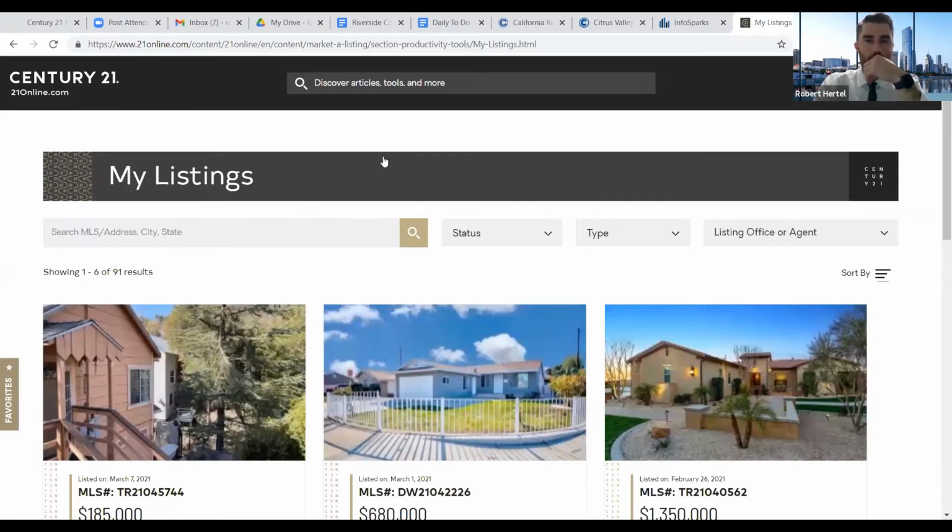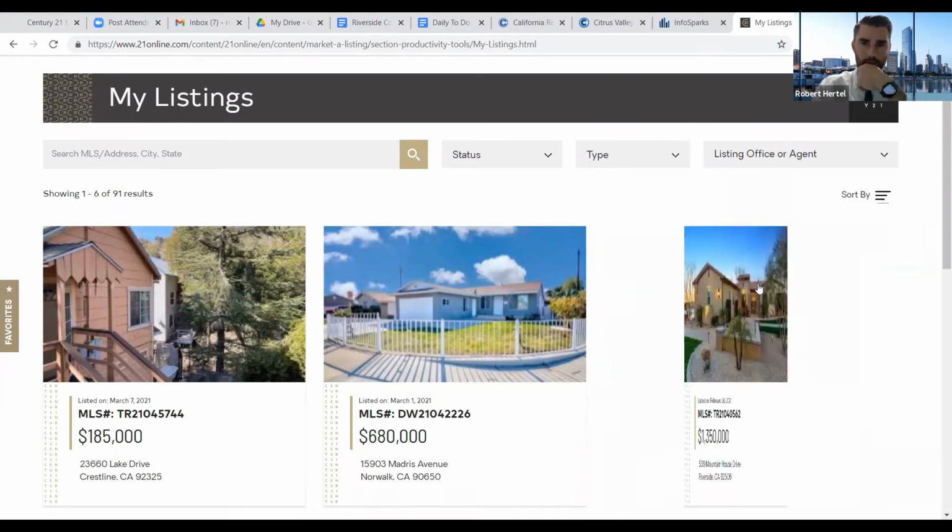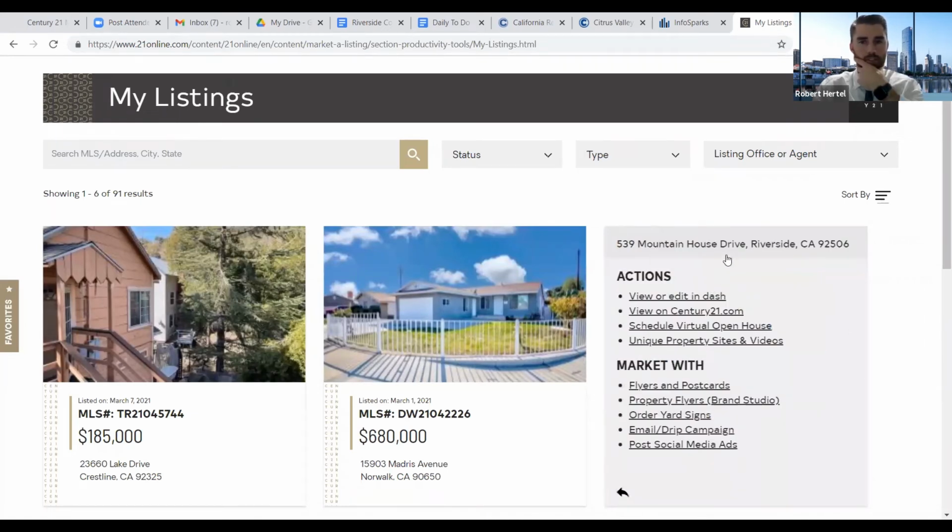So if you don't already know this, if you have a listing with Century 21, so let's say you have this listing over here on Mountain House Drive in Riverside, California. Okay. If you click on the picture, it's going to bring you this information. So what I want to show you here is unique property sites and video. I think some of you know this, but maybe you just don't know how to get to it. You click on this button